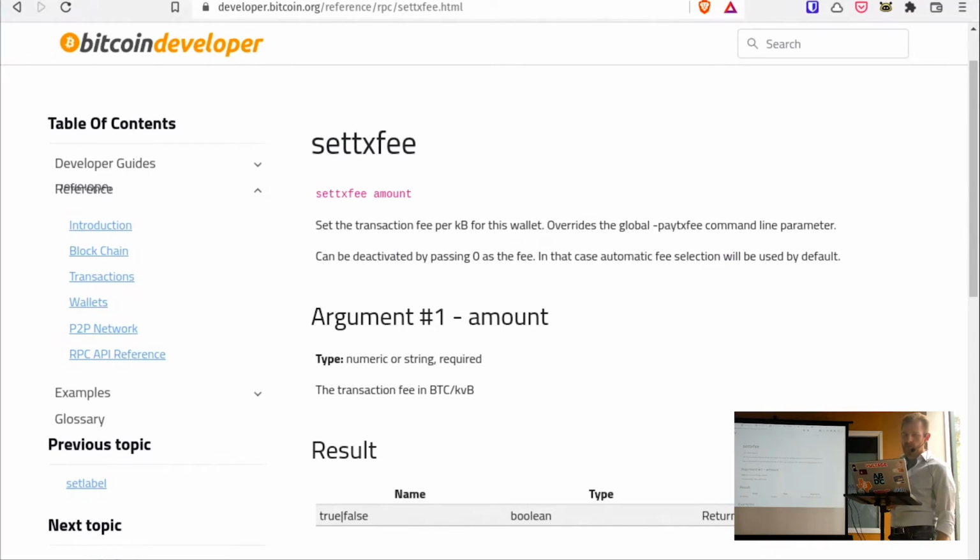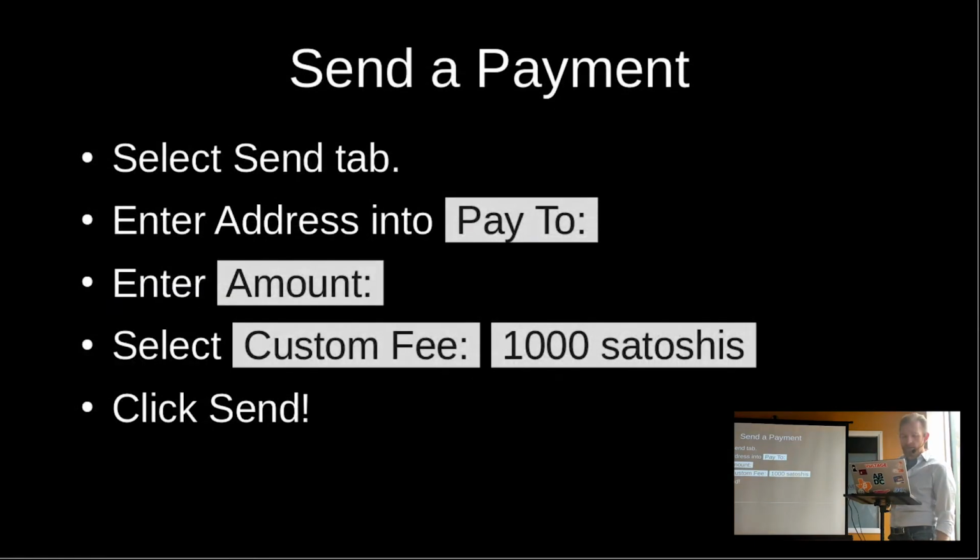Okay. So far we have created our own blockchain, mined a bunch of blocks, mined one extra block to get the funds. So we actually have some funds, sent a payment to an address, and then mined another block to commit that payment to the blockchain. Are we all at this step? We're good? We're here? Let me know now, forever hold your peace. We're going to get into the real fun stuff next. Okay, so if you're at this step,